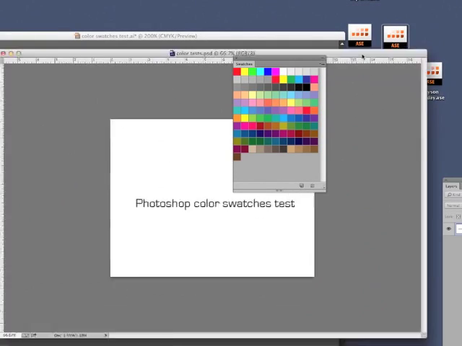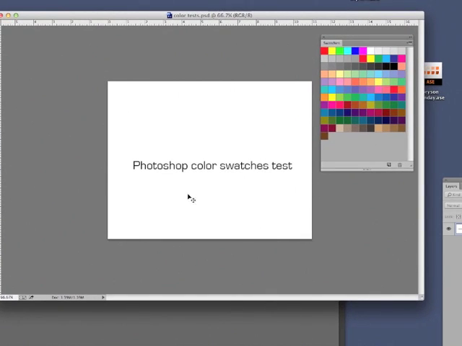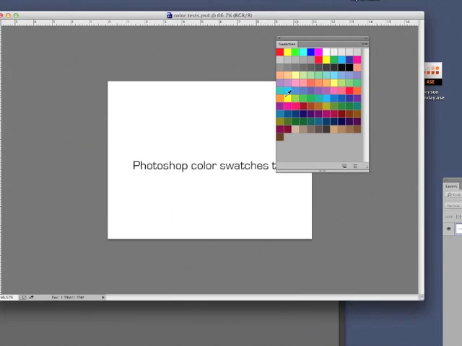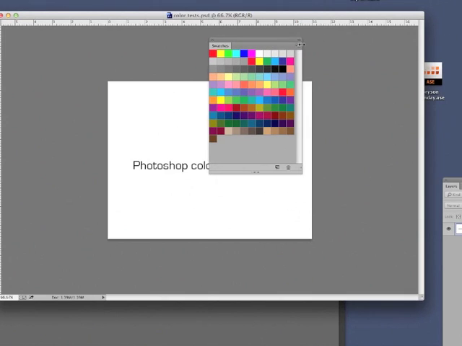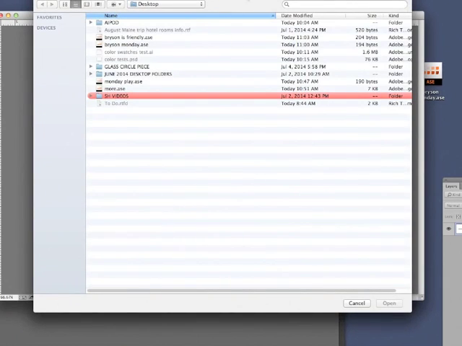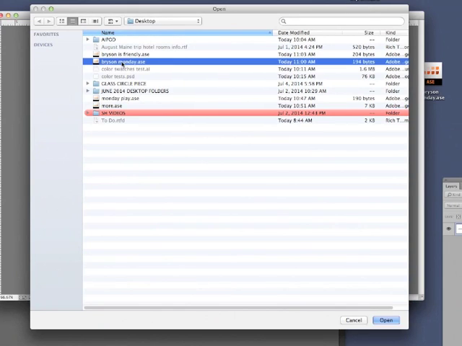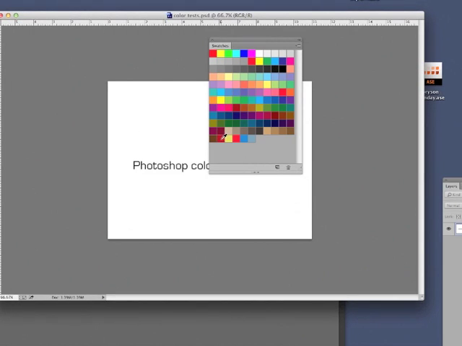We'll start with Photoshop, and let's bring in some of these color files here. I have a Photoshop file. I'm not going to put anything on it because I'm just concerned right now with the swatches panel. To add colors to your swatches panel, you go to your swatches flyout and you load swatches. Okay, you'll want to navigate to where your files are. I know that mine's on the desktop, so let's bring in Monday.ase, click open, and now those 5 colors from